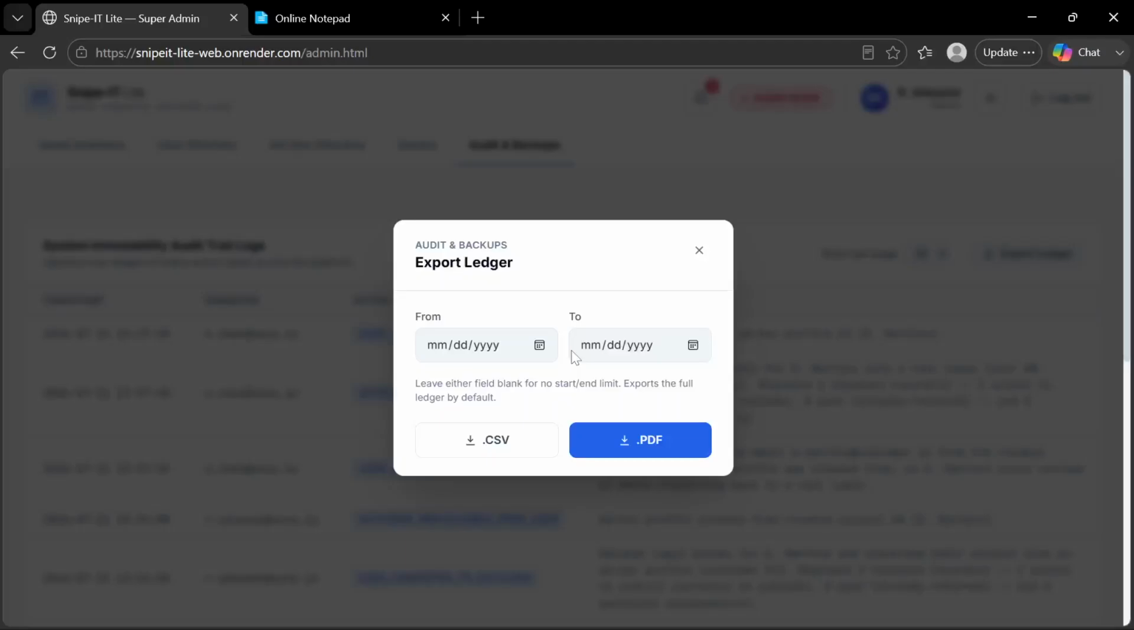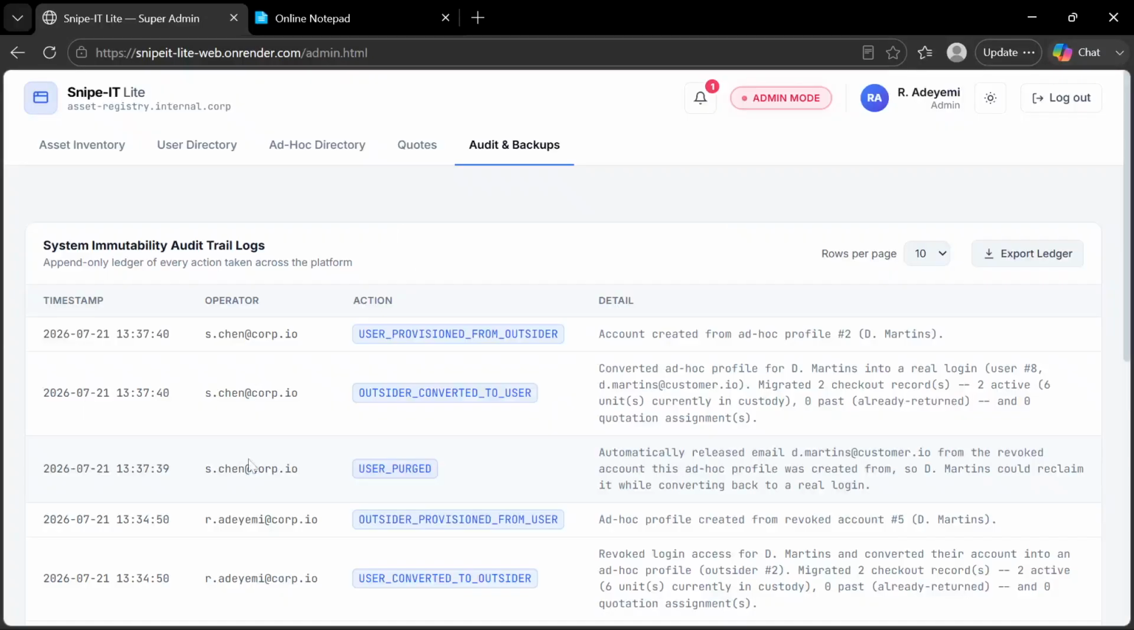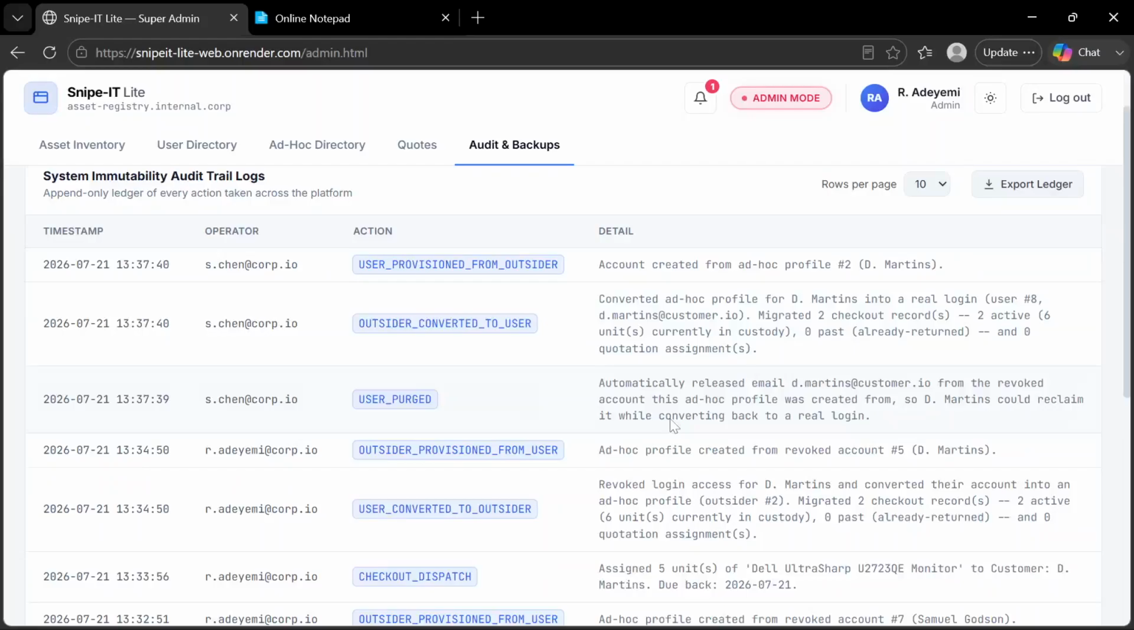But once your audit trail grows, because this is actually immutable, I say that this audit trail can't be deleted. That is the main point of having an audit trail log. Any action done, no one can delete it. So you can actually pinpoint the actions by the different operators. It shows you the operators performing the actions, the time it happened, the action, and it gives you appropriate details. Okay, let's say, like this: converted out of people profiles, Martins, two active, that is 6 units,